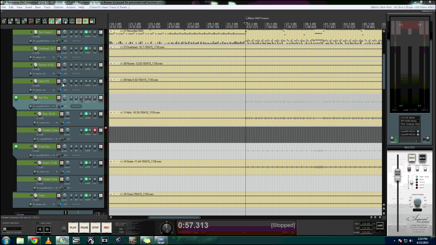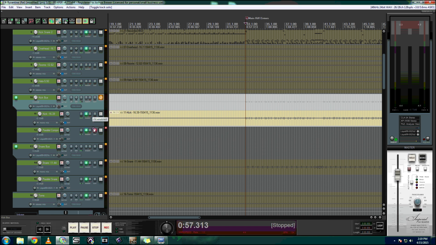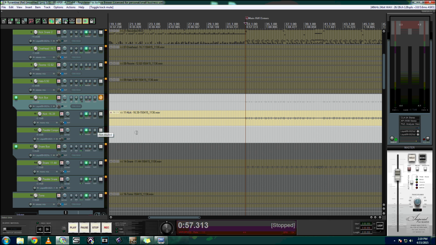So if you can see here, let me solo out my kick and I'll bring it in and out. You can hear what it does. And the funny thing about parallel compression is that you almost don't even notice what it's doing when it's by itself. I'll show you what I mean here. So if I were to leave it muted and now bring the parallel compressed kick in as well with it,